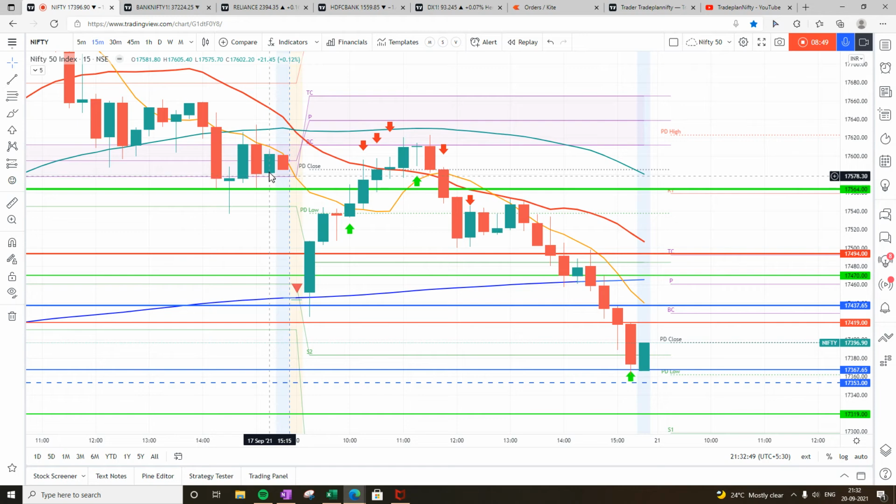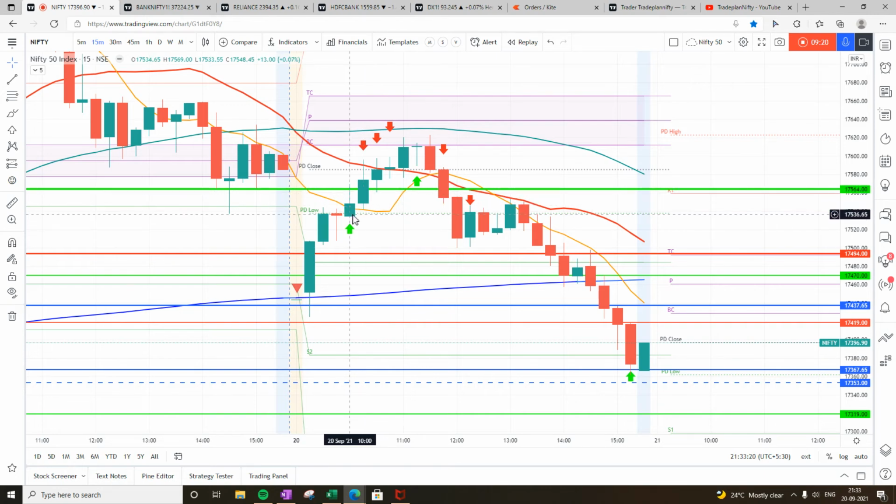So for today, my trade plan was understanding that if the open is below pivot, then the idea was to sell on rise either at pivot or at H3, and I was already carrying one lot home. So when the market opened, it took support on my blue line and the 200 bar moving average, and had shown a very strong move upside. As per my trailing stop strategy, when it closed above my 8 bar moving average on this particular bar,